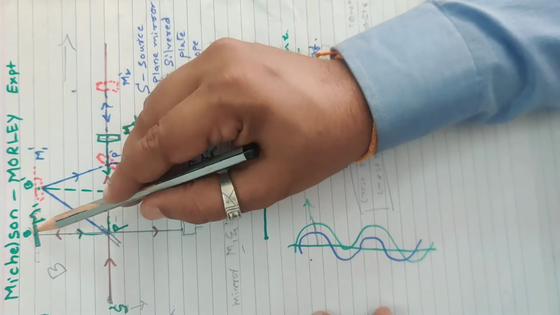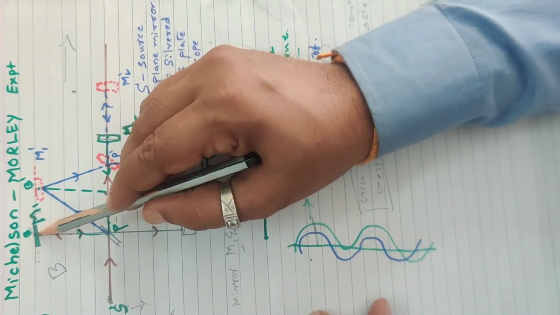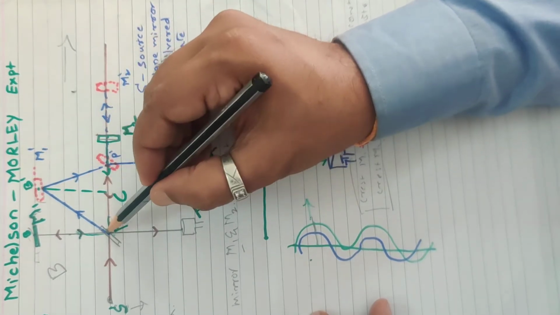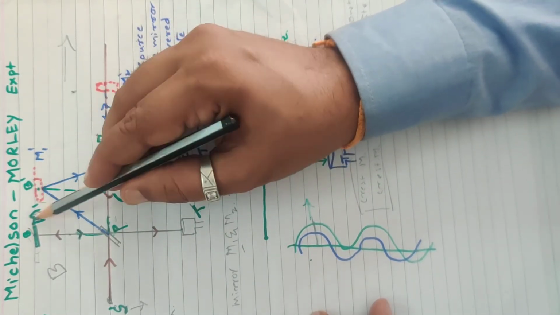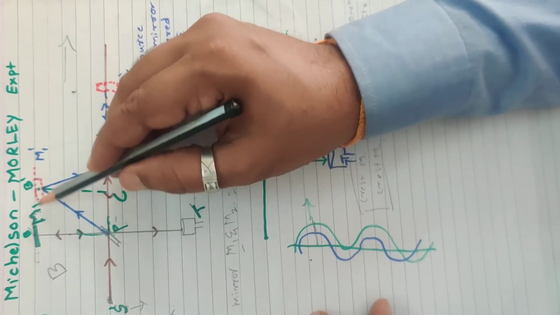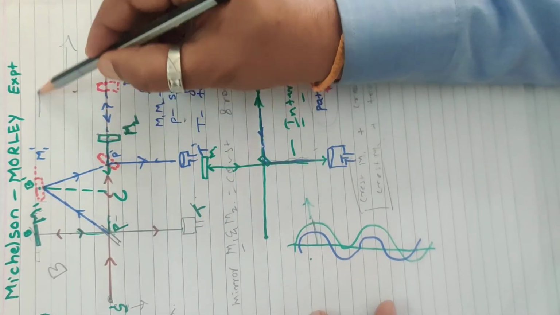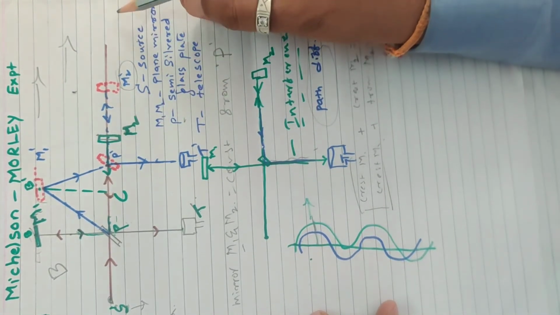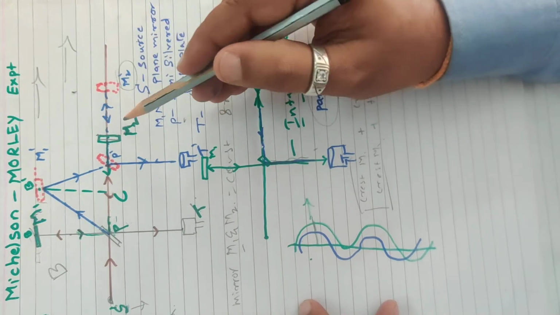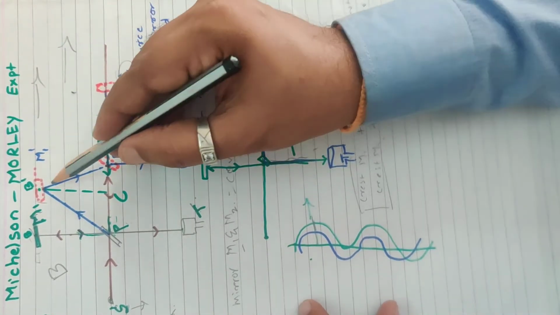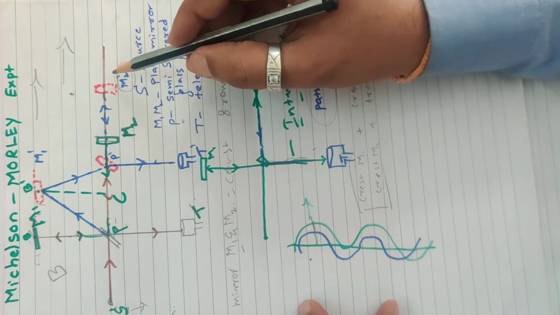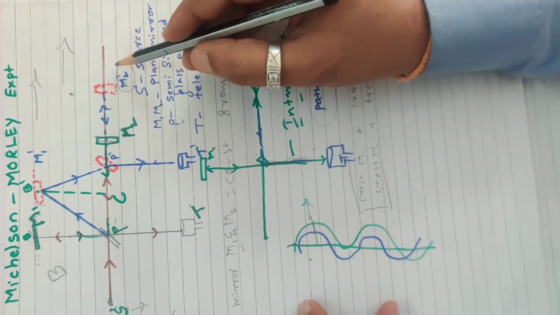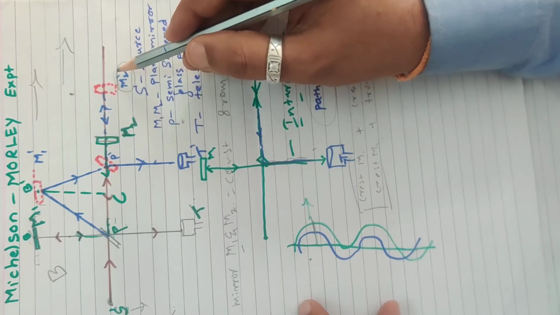the point B will not be at the same place. Therefore I name mirror M1 as M1 dash, and the point B as B dash, as the mirror M1 has moved toward this side. The same way, M2 dash has moved a little bit. So the whole setup, which we have indicated in red color, has shifted because of the movement of the Earth during the travel of the light. Okay, so this is the basic setup we have done.